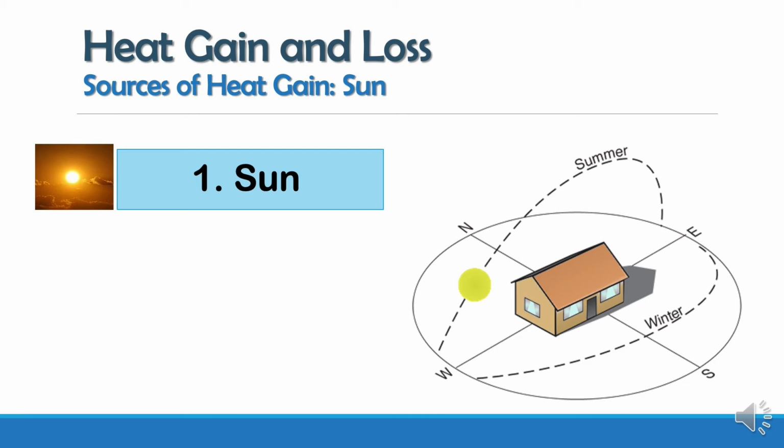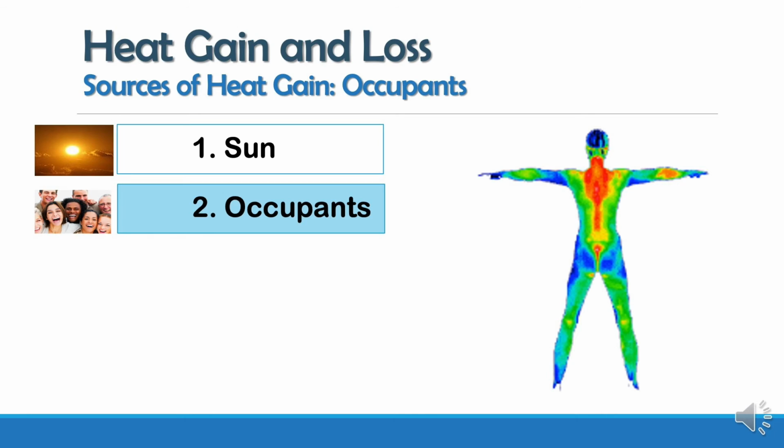The main sources of heat gain, there's 4 sources of heat gain and one that's both heat gain and heat loss. The sun. When the sun shines, we get solar heat gain. The second source of heat gain are occupants. So people and animals, anything that's living and has a temperature above the standard temperature, warm-blooded animals, that is to